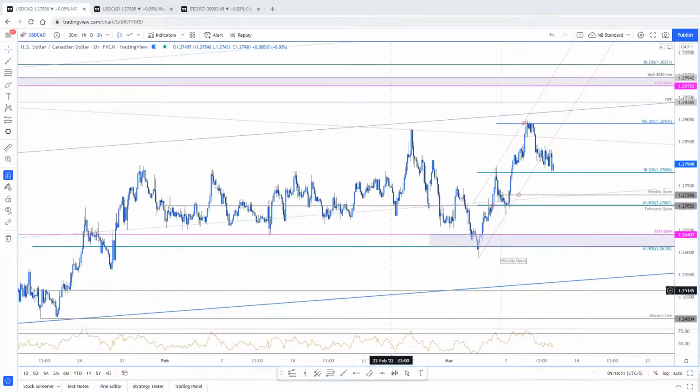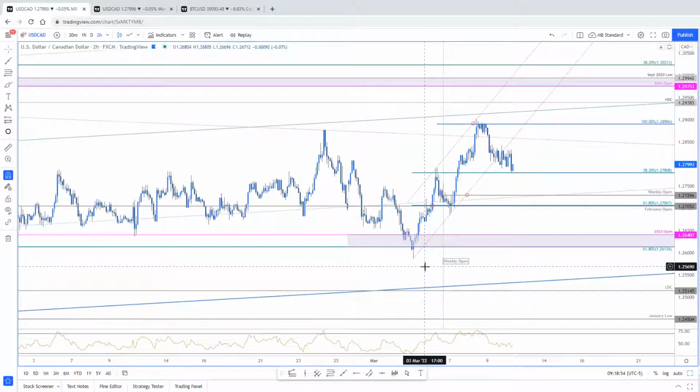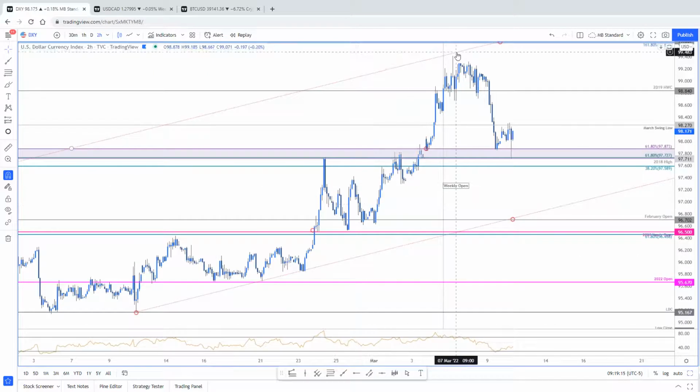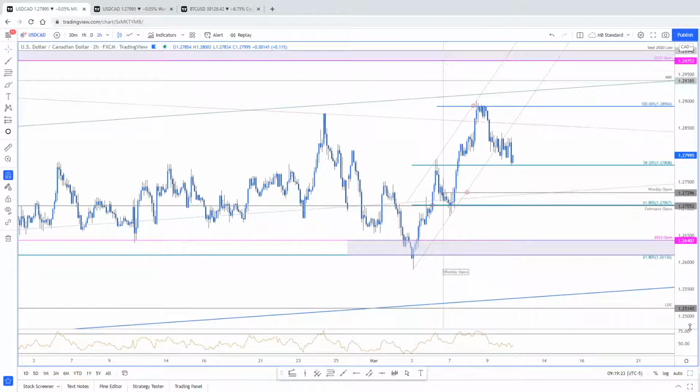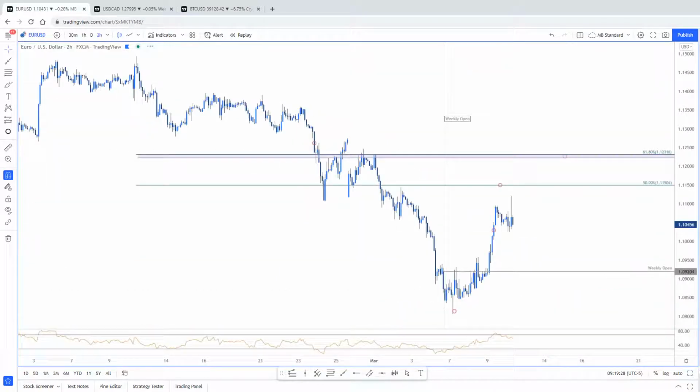But boy, this thing has been so frustrating. And you can see from a fundamental standpoint why that may be the case, right? Everyone always says, well, you know, oil, right? Canada's a major exporter of oil. If oil is going up, then CAD must be gaining as well. That's CAD strength. That's dollar CAD lower. But as you can see, the dollar has been ripping. And in the face of all that dollar strength, dollar CAD sat tight essentially, right? It joined in some of it, but nowhere near what you saw in euro,